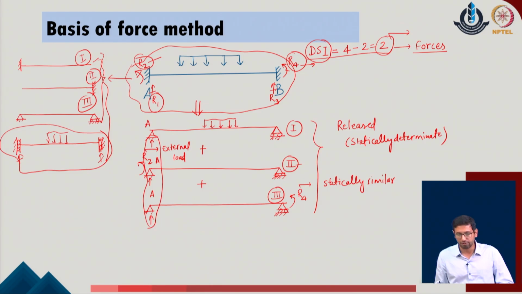In the same manner, I can define the reaction at the support B of the given problem, and I can say that the cumulative net reaction which I get from these three systems should be equal to the external support reaction in the original system. At least I have the possibility to consider that the three systems added together will generate a reaction which is also defined in the original problem.